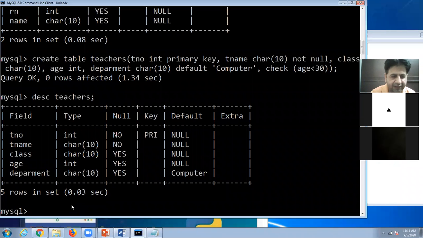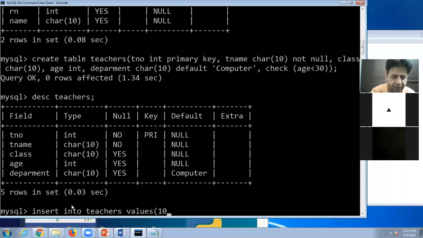Now, in case I want to enter the data, here is insert into teachers, then values in brackets. Numeric values go without single or double quotes, but date and character type, string type, need single or double quotes.